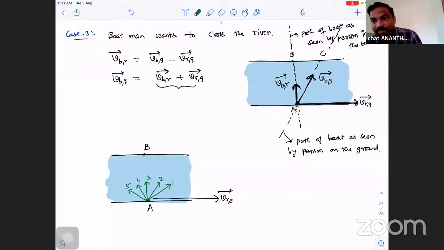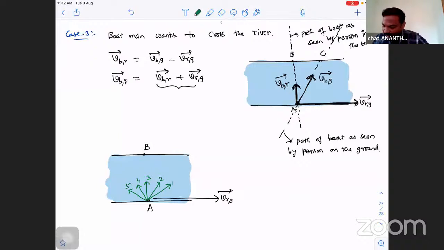Ultimately, he has to row his boat upstream. Upstream ante exactly opposite to the velocity kaadu. So, opposite to the river flow at an angle, either 4 or 5. If we go along 4 or 5, he will have a chance to reach point B. Under what conditions he will reach point B, we will see later. If he is rowing his boat perpendicularly, he won't reach point B. He will reach some other point, C. If he is rowing his boat at some angle, then he will reach point B.